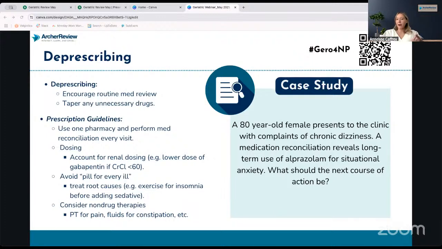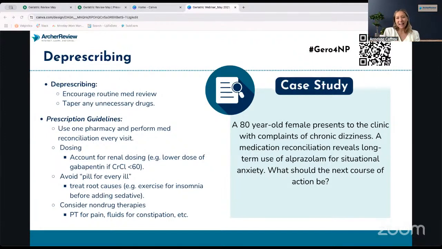That means you have to do the brown bag method, look at everything they're on and the dosing, and then start to say, why are they on these drugs? Do they need to be on this medication? Are the side effects and risks of this medication worth the benefit? Because one of the things we get are these prescribing cascades that I talked about a few slides ago. A prescribing cascade, if you think about a waterfall, cascades from one into another into another. Same thing with prescriptions.